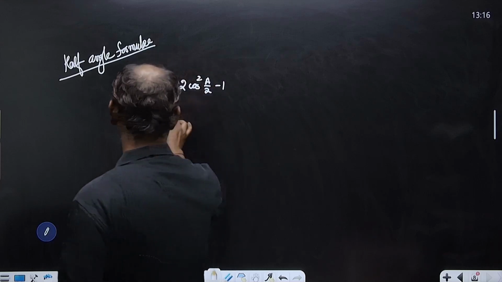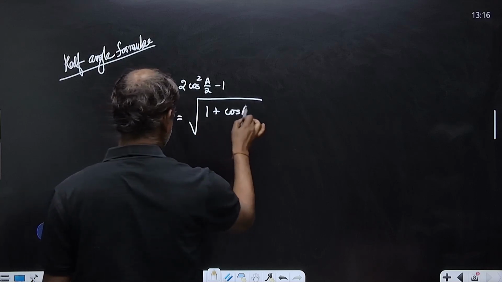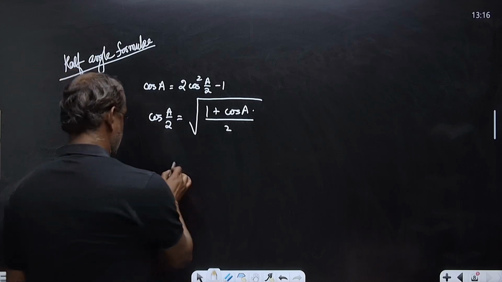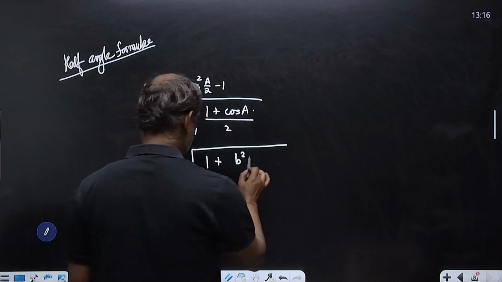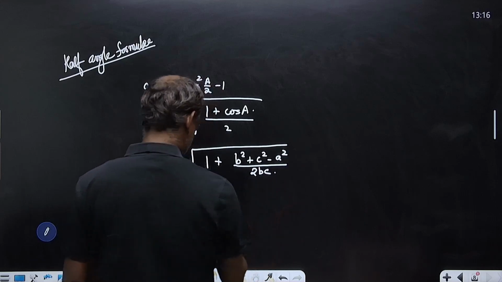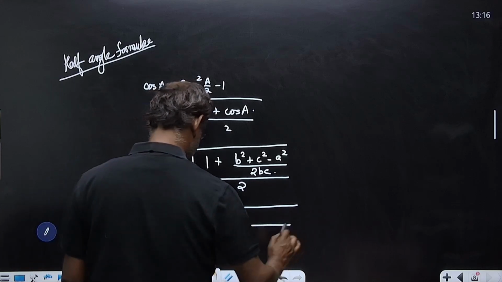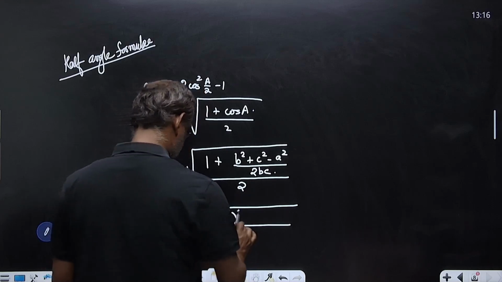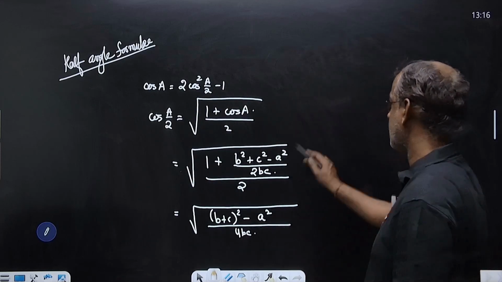So what is cos A by 2? Isn't it? Fine. So cos A by 2